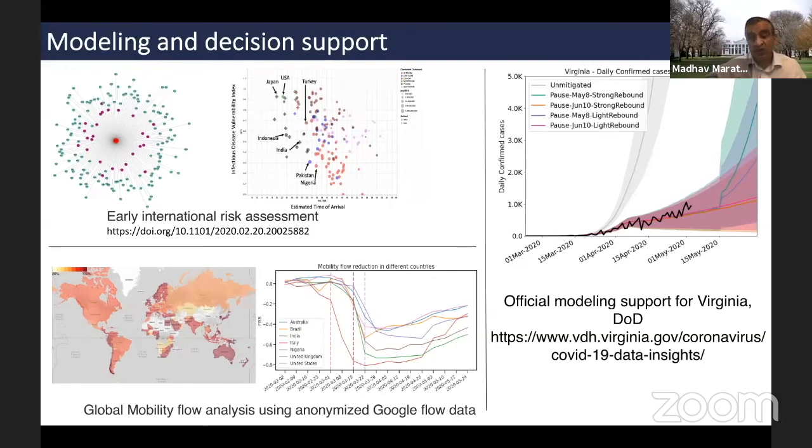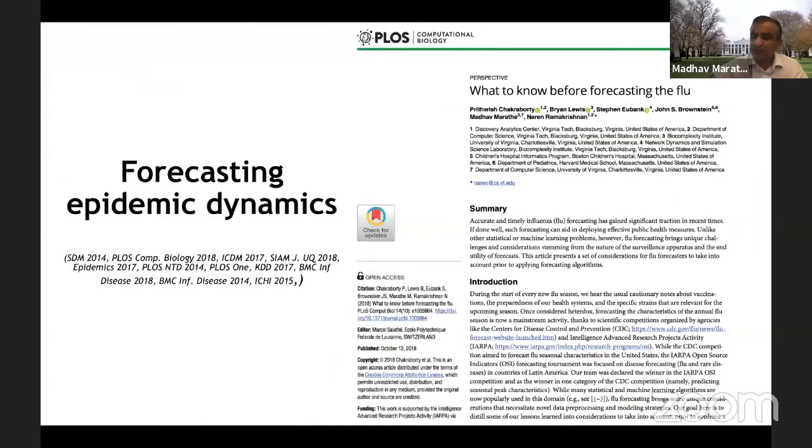The plot will show you how these flows are able to capture the global change in mobility around March 15th or so. And something interesting happened. The government orders came around the 15th of March and a little later in most places. But the events in Italy and the events that were starting to unfold in New York actually had people change their behavior even slightly earlier. So this basically tells you how policies can impact individual behavior, or especially how people's own perception of risk would impact their behavior. The paper actually goes further and does a retrospective analysis of what would have happened if you had delayed these lockdowns, as they're called.